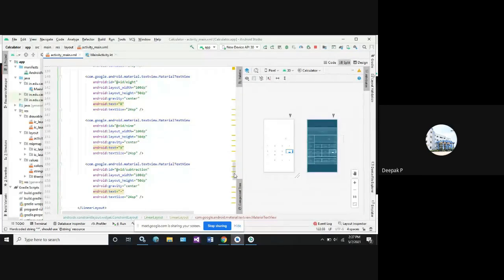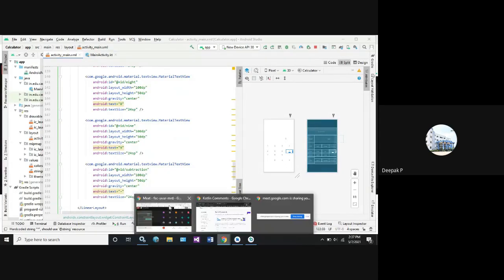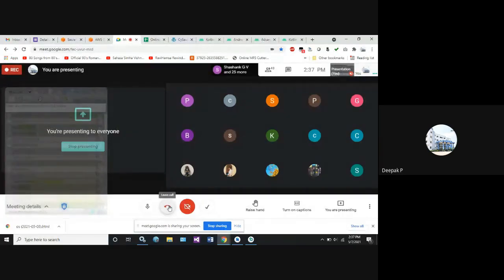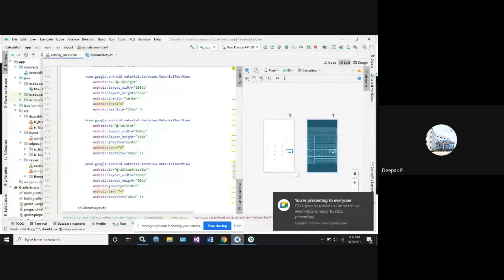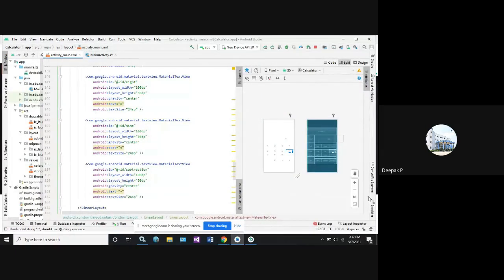We are just showing the output part where the content has to be displayed. Any doubt in the activity_main.xml file, the layout file? Shall I continue with the next part?